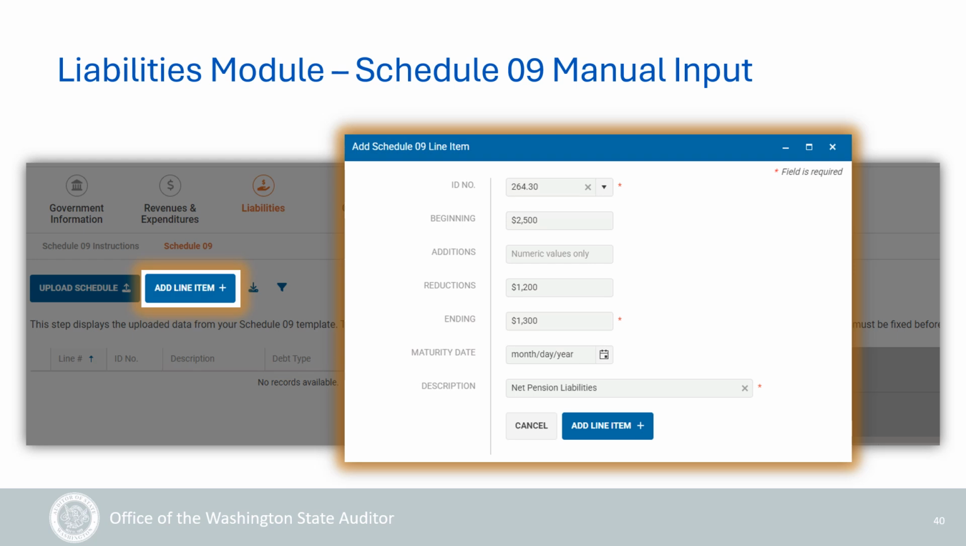Once all fields are completed, click Add Line Item at the bottom of the pop-up window. You will need to do this for each line item, but one reason this method can still be more efficient than the template, at least for the Schedule O9, is you don't have to worry about format, but also since